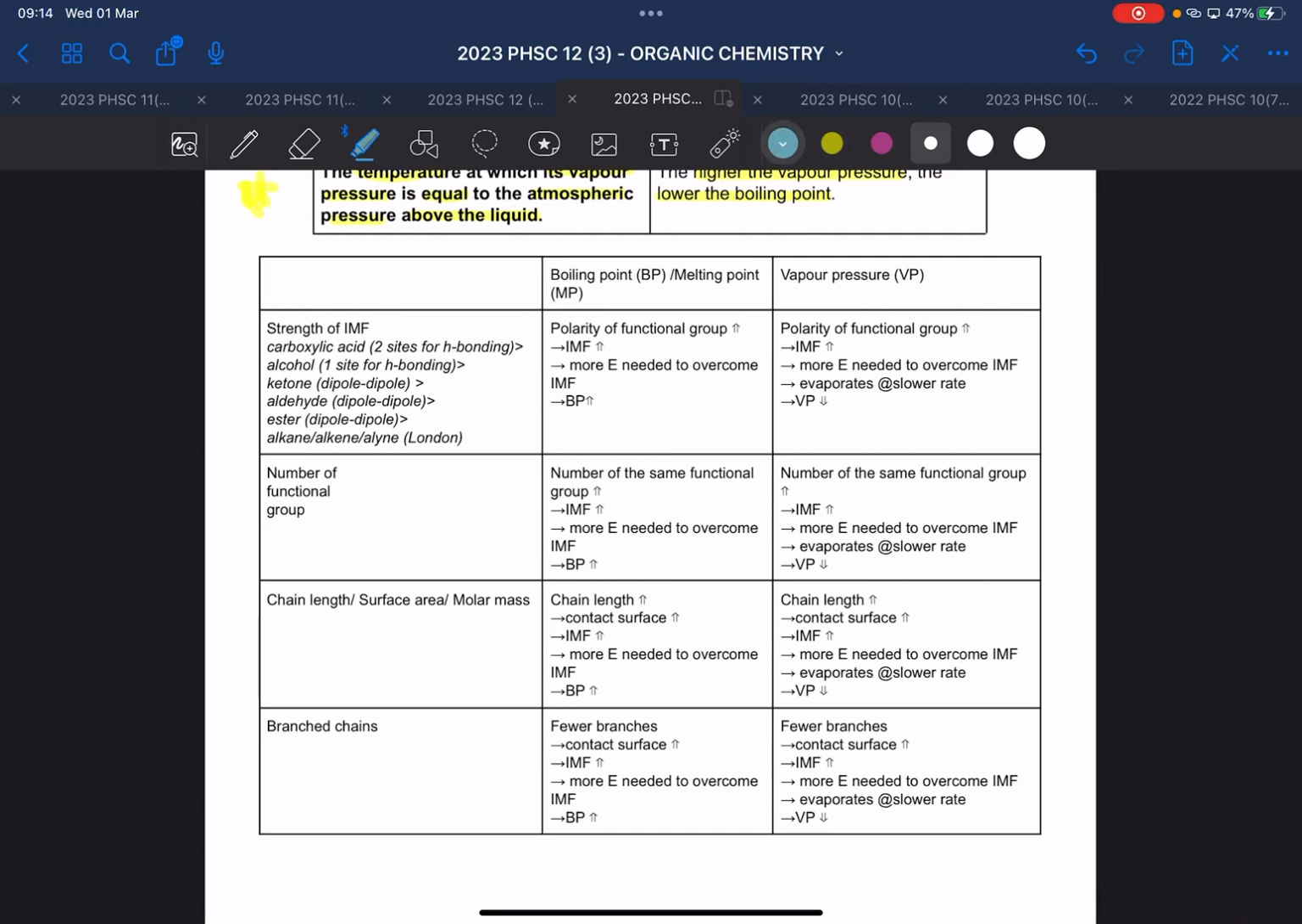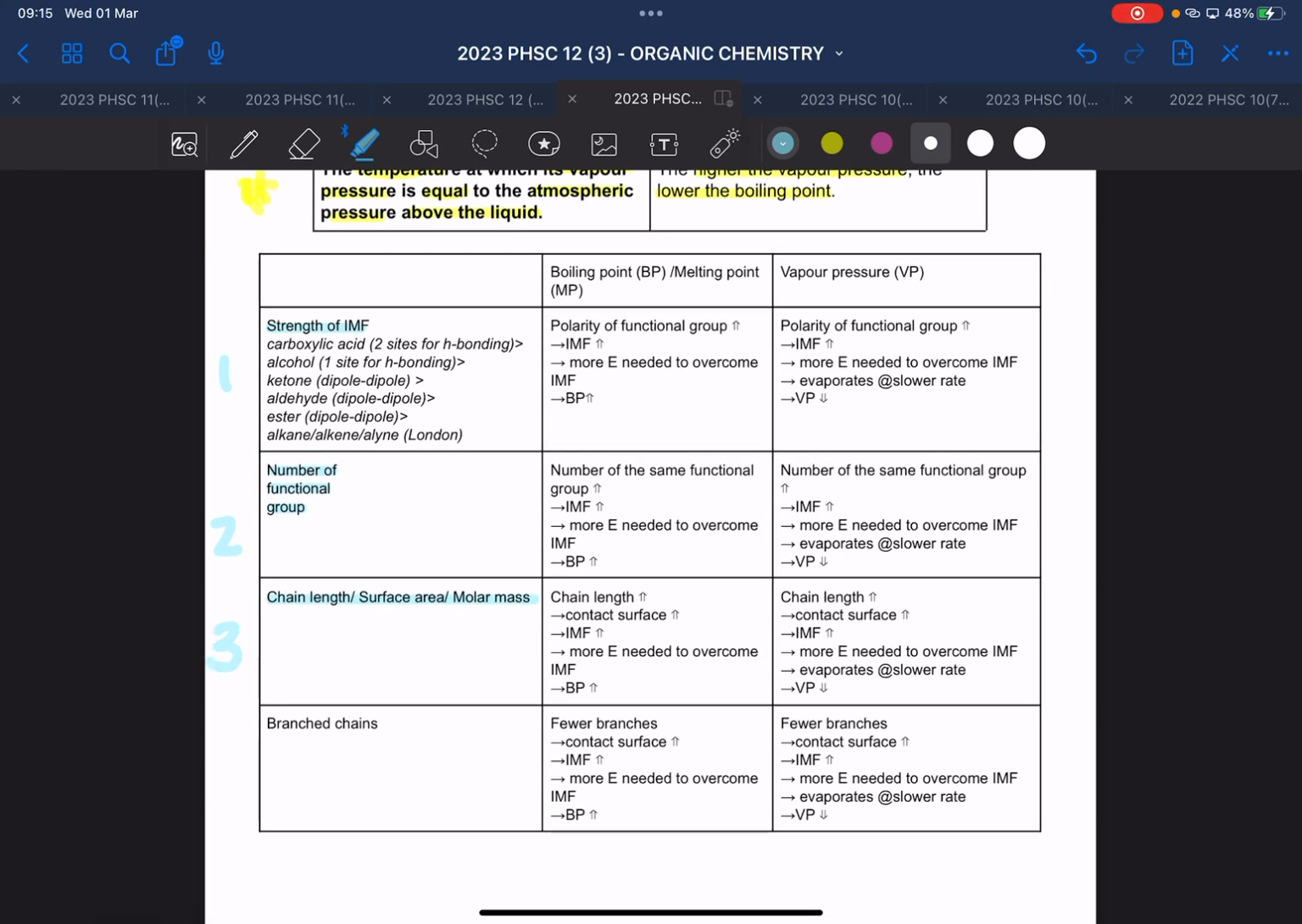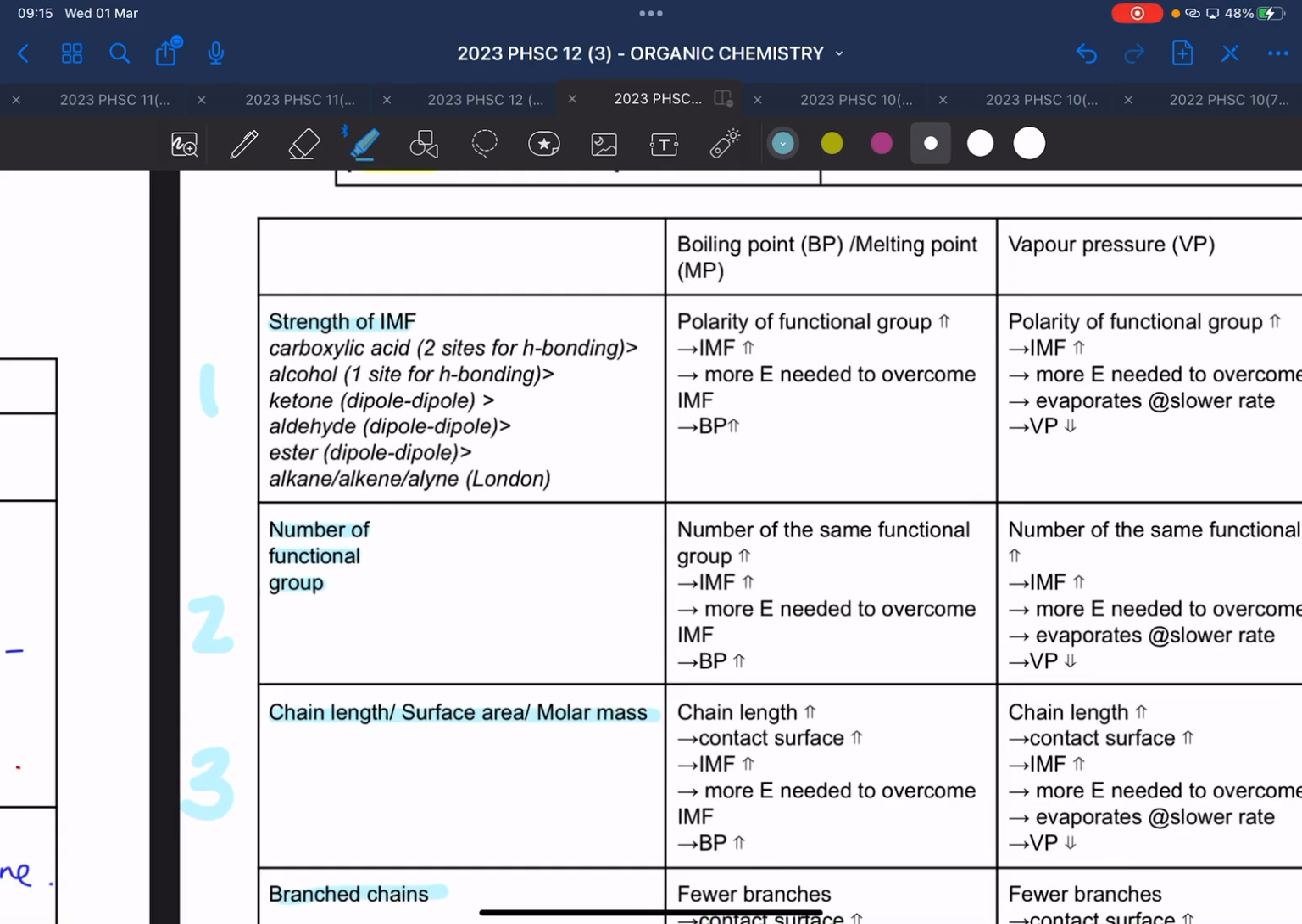We are either going to compare intermolecular forces, or we are going to compare the number of functional groups, or we're going to compare the chain length or surface area or molar mass, or we're going to compare branched versus non-branched. Okay, so when we compare,